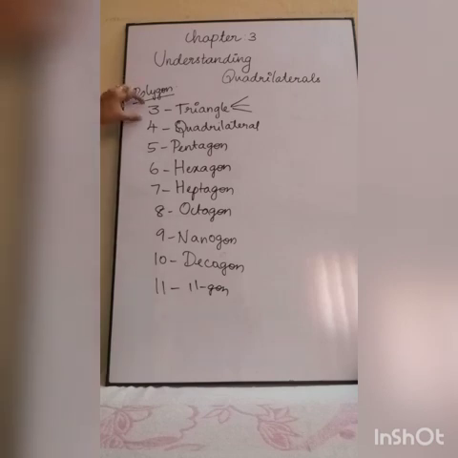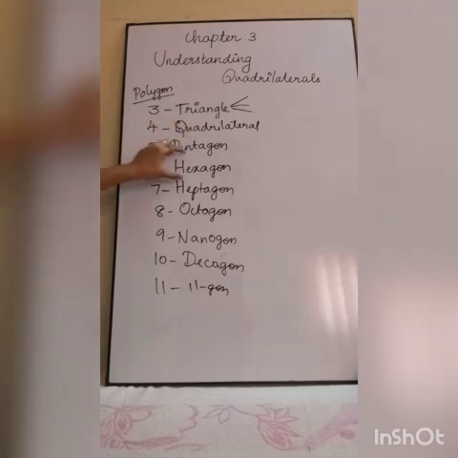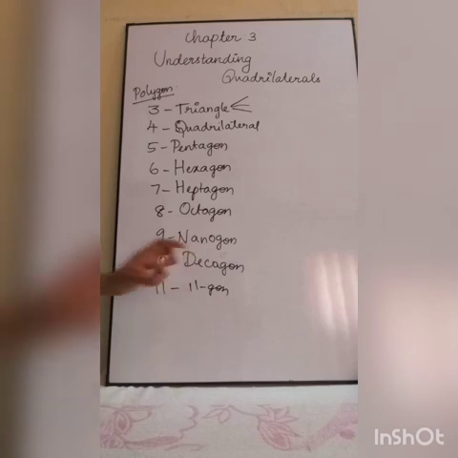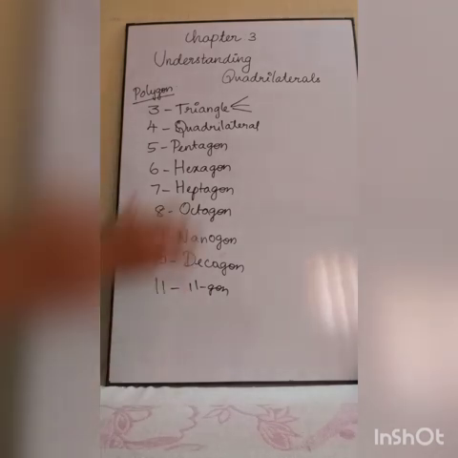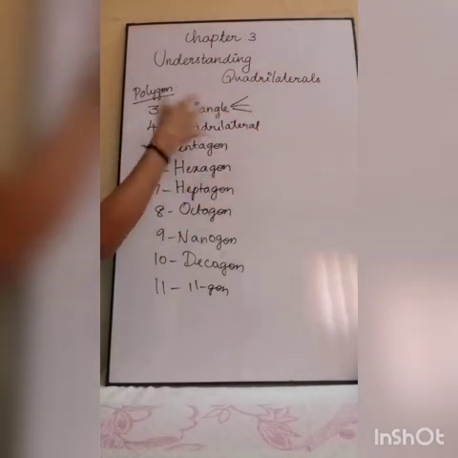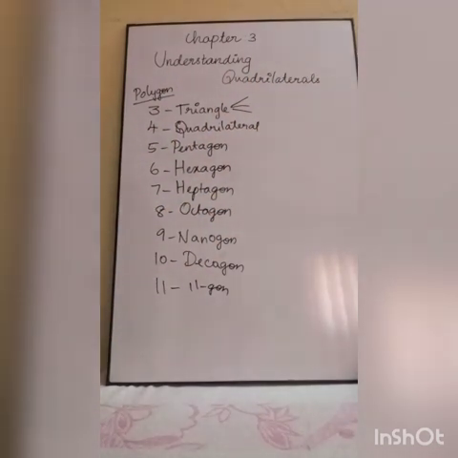So 3, it is a triangle. 4, it is a quadrilateral. 5, it is a pentagon. 6, hexagon. 7, heptagon. 8, octagon. 9, nonagon. 10, decagon. 11-gon, 12-gon, like that. You can give one name. So in this itself there are different names. In quadrilaterals we have different names. In pentagons also we will have some different names. But the general idea based upon this polygon is this. Okay, children, understood?